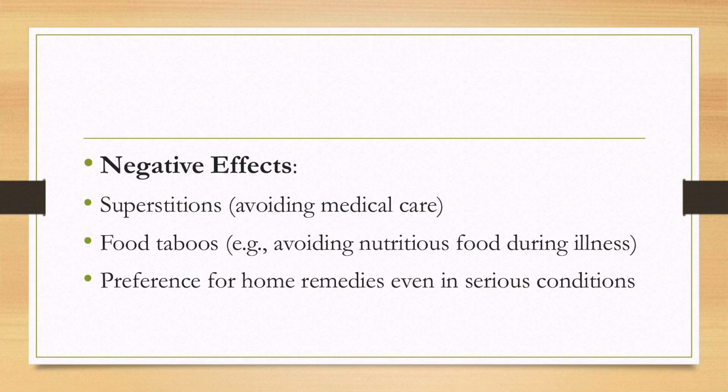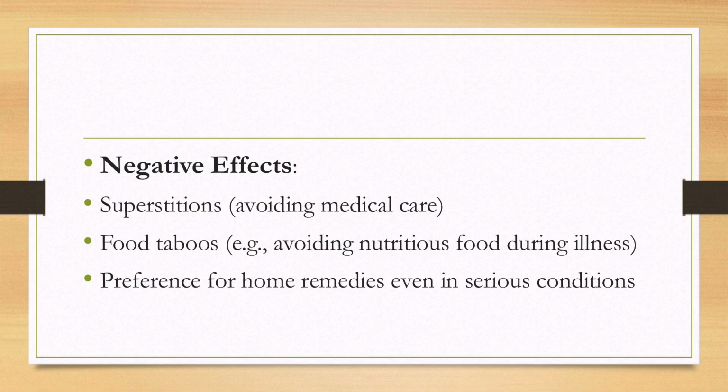Next one is negative effects. Under that, first one is superstition. So, superstitions are irrational beliefs or practices that are not based on scientific knowledge. In some cultures, illness may be linked to evil spirits, curses, or supernatural causes. For example, believing that diseases are caused by black magic or evil eye, visiting faith healers instead of doctors, avoiding medical treatment because of fear or religious misconception. For example, a person with epilepsy may be taken to spiritual healers instead of receiving medical care, leading to worsening of the condition.